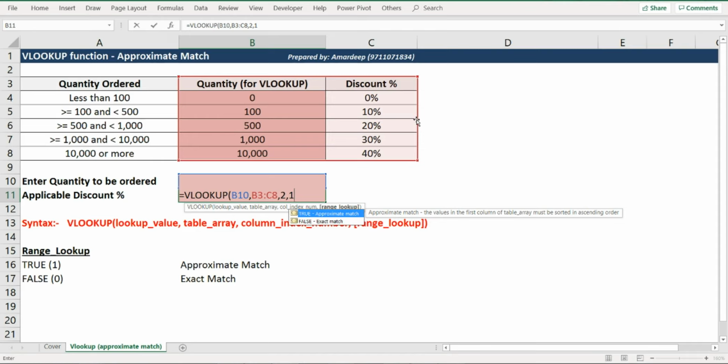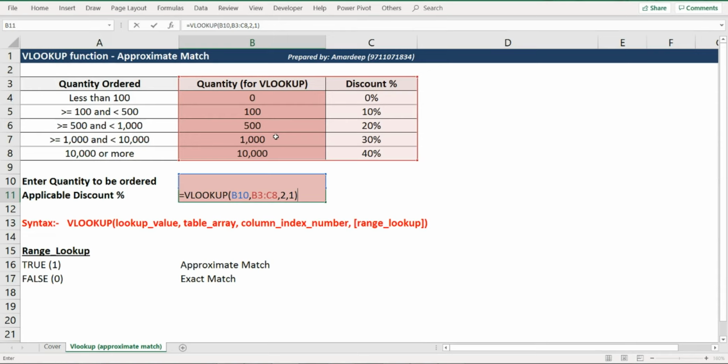Okay. Now don't go by the literal term that it is going to be an approximate match. Even for 490 units, the approximate match would refer to 100 units, because the way it works is that when you look for 490 here, VLOOKUP wouldn't find 490. So it is going to look for a value which is just less than 490.